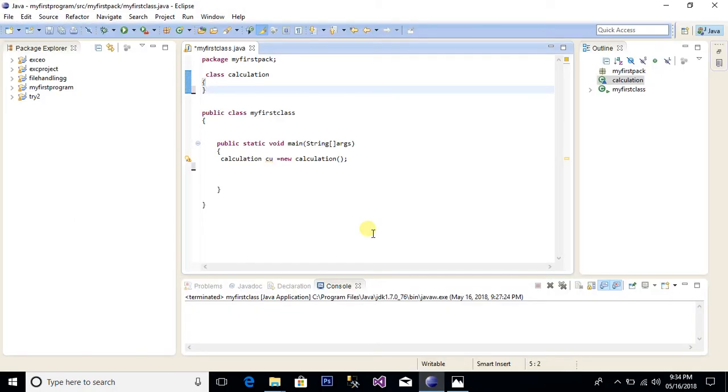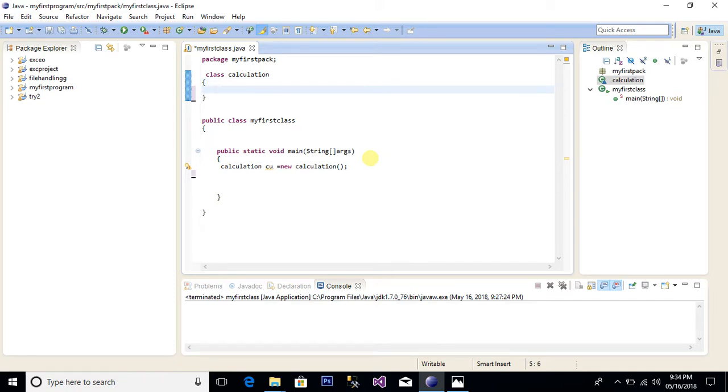Okay, so can you explain what is method overloading? What is function overloading? It's a concept where we can create multiple functions with the same name, but with different signatures. Okay, as for example, I create a function public